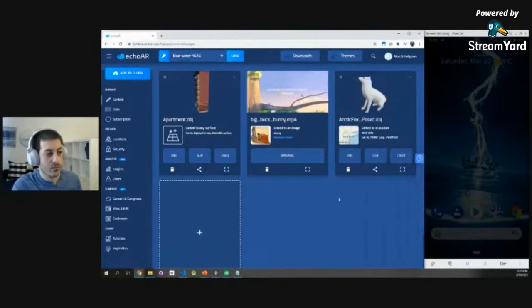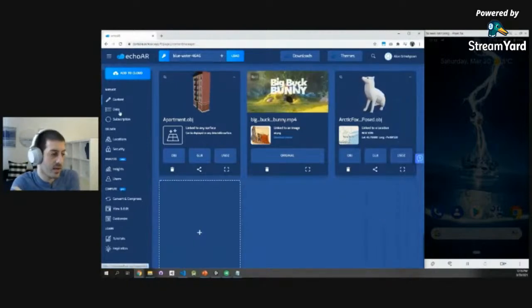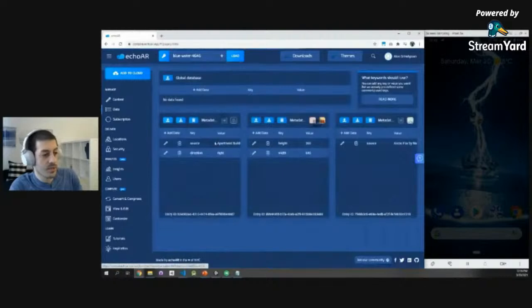Perfect. So let's continue reviewing what you can do in the console. So we already saw how you can add content. Let's see how you can manage data. We already saw you can add specific data to 3D models, but you can also add data across your entire